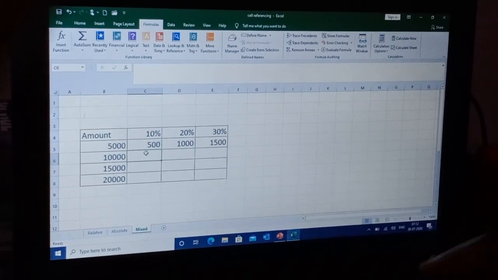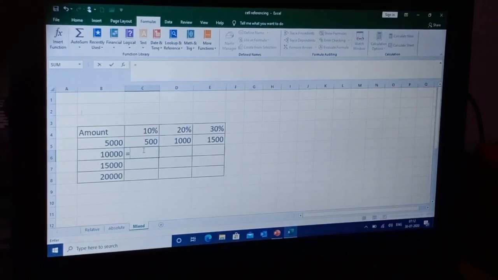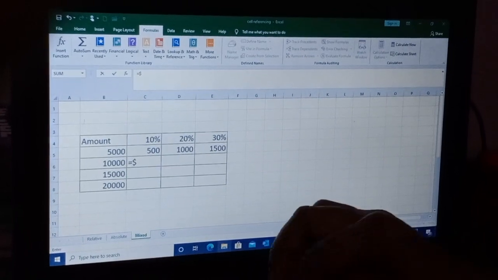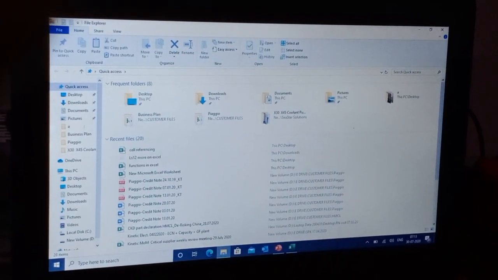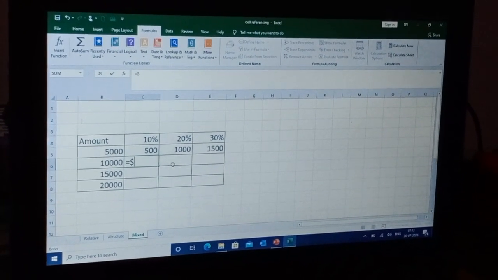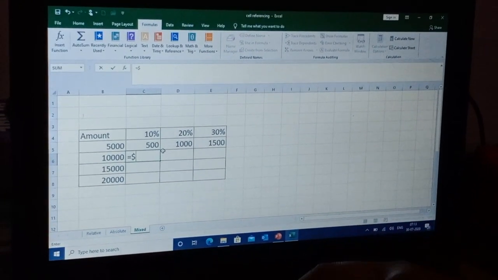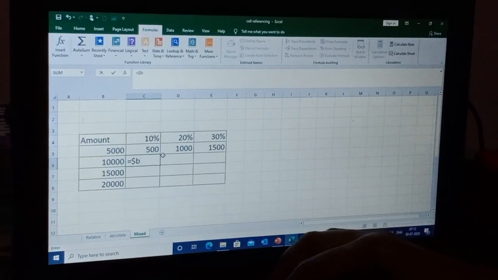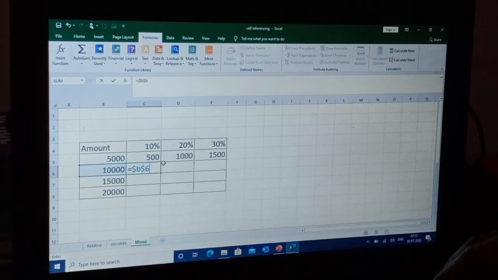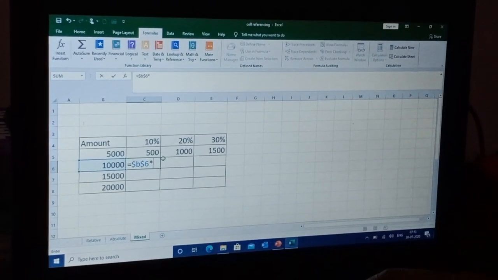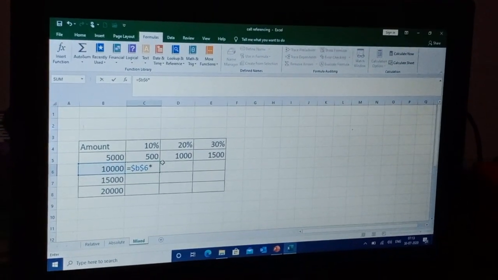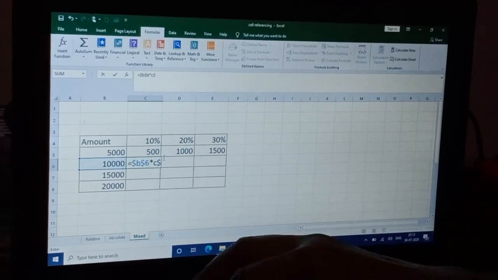Same thing I will do here. Equal to $B$6 into C$4.